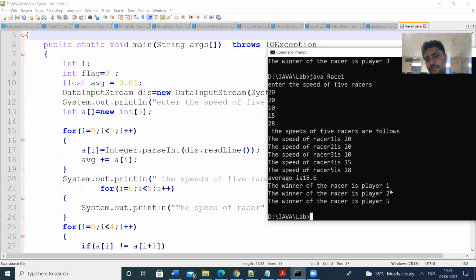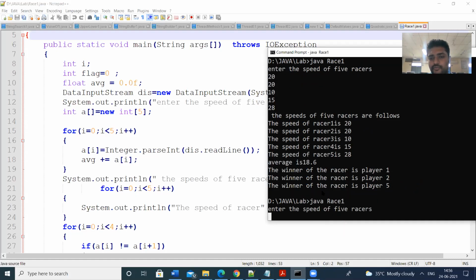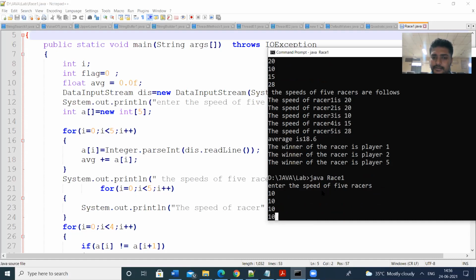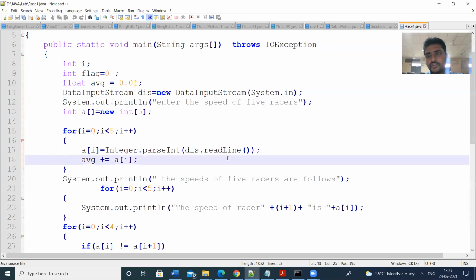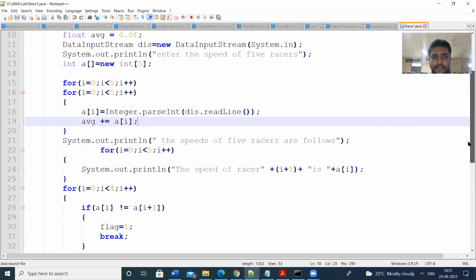In this case, player 1, player 2 and player 5 have qualified. Now let us check the same speeds: 10, 10, 10, 10, 10. Here all the speeds are 10, so all the racers are at the same speed and no one will be the winner. I have written some printf statements. So this is the program for the bikers problem. Any doubts?